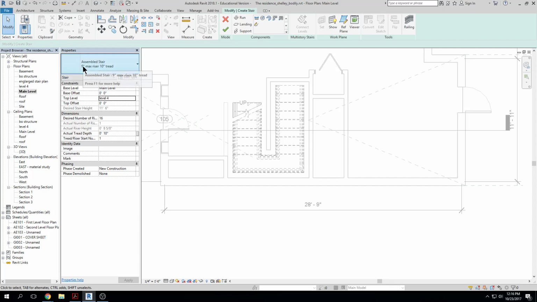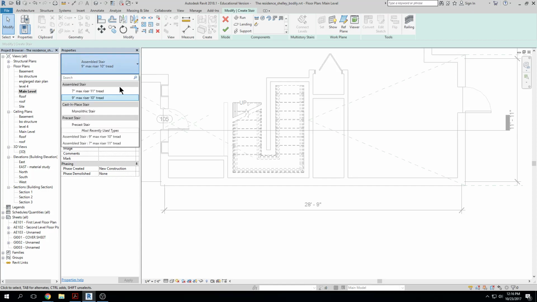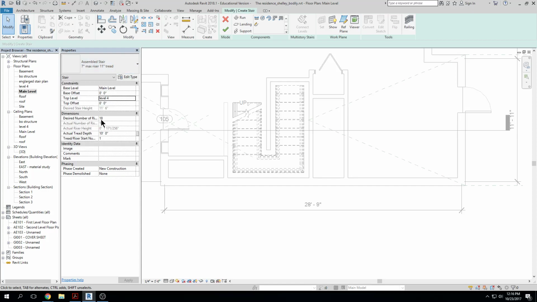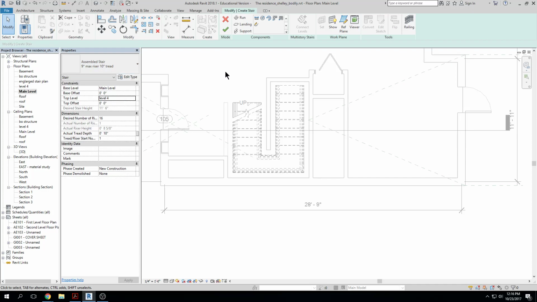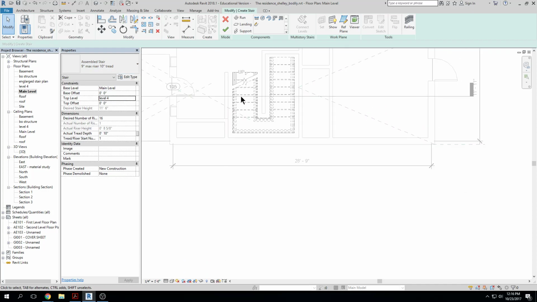So with a tall riser like 9 inches, I get 16, right? And if I change it to 7, I get 18 risers, okay? So I'm going to change this back to my 10-inch tread. All right, now the difference between a sketch stair and an assembled stair, the way that I'm going to draw them,